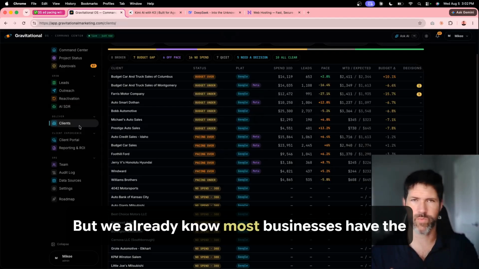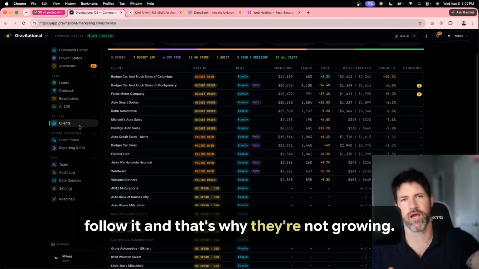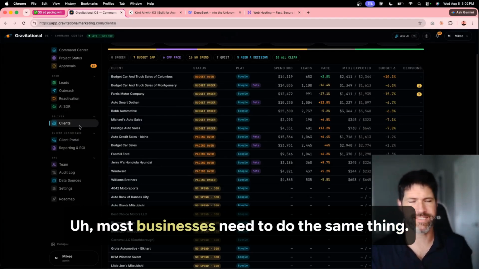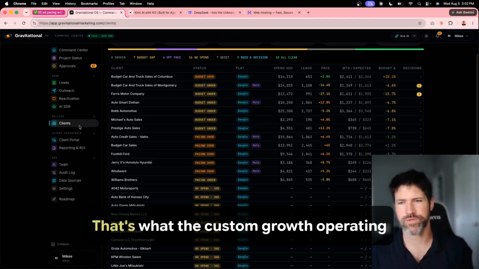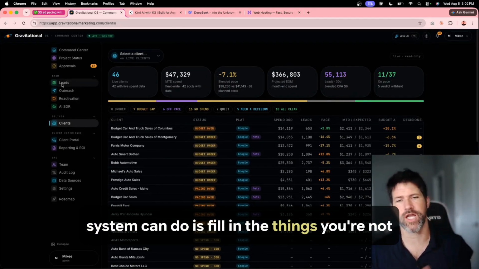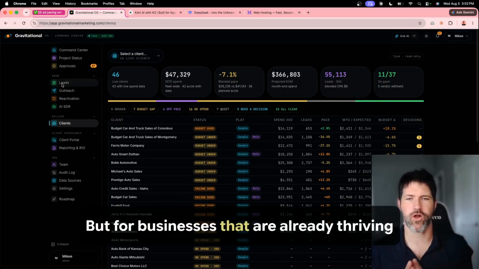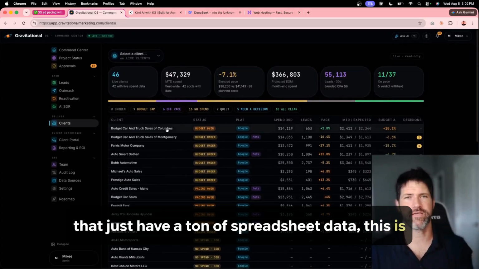But we already know most businesses have the same exact structure, they just don't really follow it, and that's why they're not growing. Most businesses need to do the same thing, they're just not doing those things yet. That's what the custom growth operating system can do, is fill in the things you're not doing. But for businesses that are already thriving, that just have a ton of spreadsheet data, this is